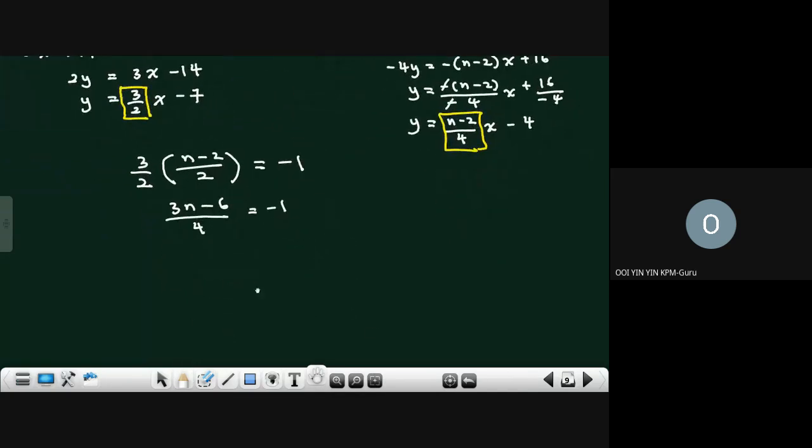Then the next step, this one I think no need to tell you, you get negative 4 here, right? And then your 3n, you get negative 6 move here, become plus 6, so it's 2. And then your n is equal to,